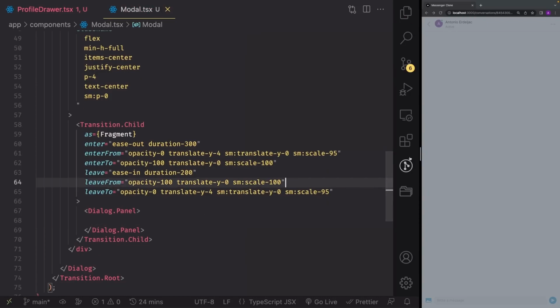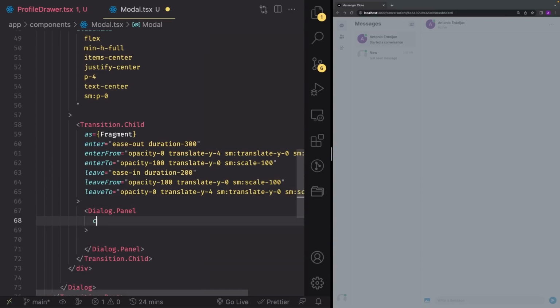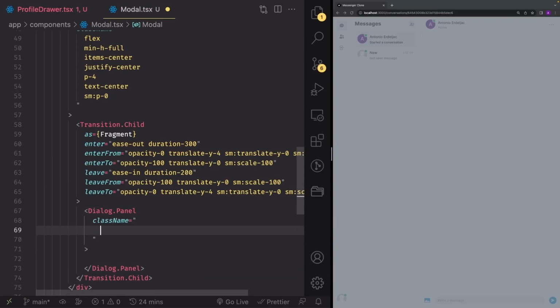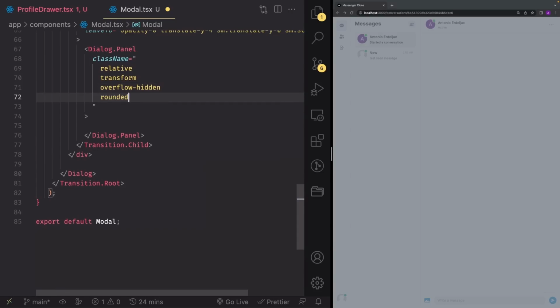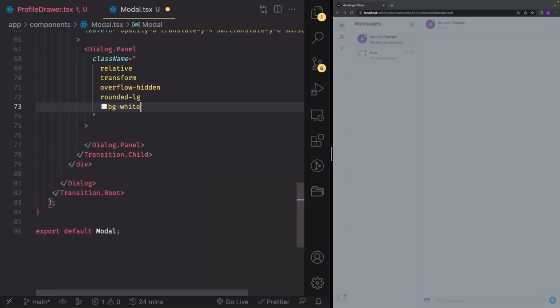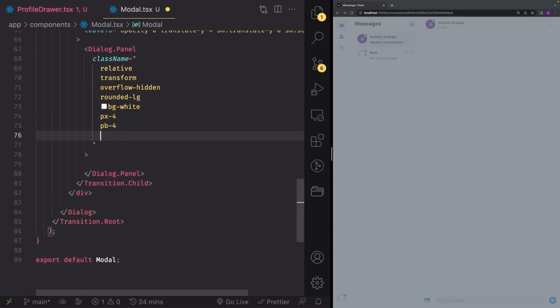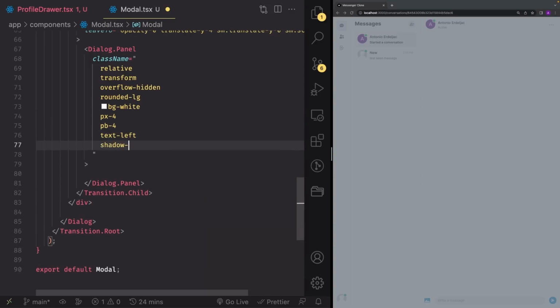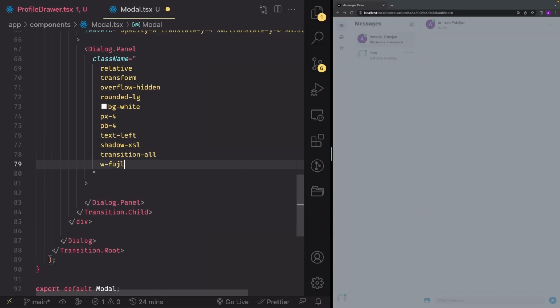You can save your file. I'm just going to collapse it a bit so we can see what we're working with. And in this Dialog.Panel, I'm going to give a couple of class names here. So I'm going to write relative transform overflow-hidden like this, rounded-lg, bg-white, px-4 pb-4 text-left shadow-xl transition-all, sm:w-full,